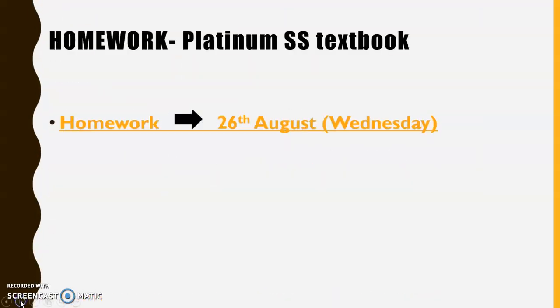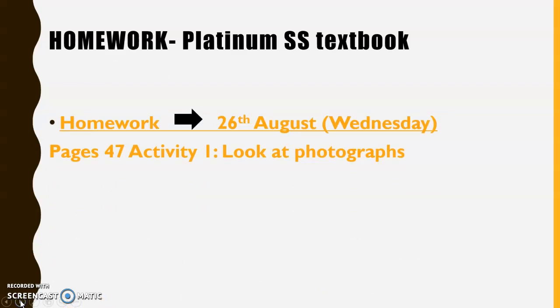Once this is done, we're going to go through this homework together. Your homework is on page 47 of your SS Platinum textbook, and there are photographs given to you on page 46. It's quite a lot of photographs, and that's why this is part of homework. I know that some of you are going to start in class, but you will not be able to finish in class because there are about 13 foods given to you and a list of